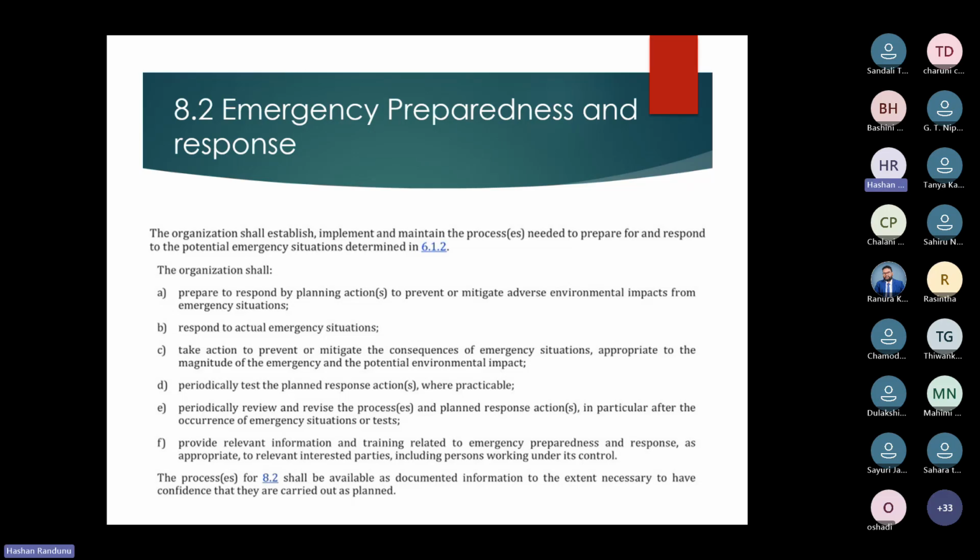So we can assign certain members in the fire team, or we can assign several members in departments to close those gates or to put those sandbags into drainages, right? So first we need to identify the action, then we need to implement the infrastructure, then we need to assign responsibility to those tasks. Even that is not enough. Then we need to provide clear instructions to them on how the particular task gets done, right? So those instructions also need to be included in your emergency preparedness and response plan,